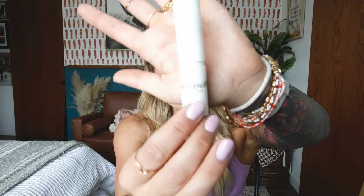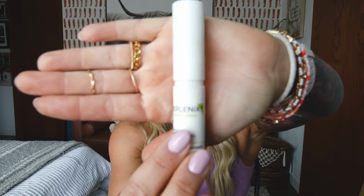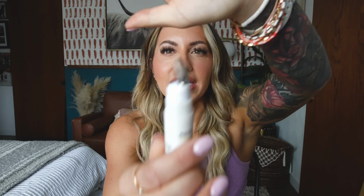So let's get on into the beauty category. I did buy a lot of beauty stuff over the last couple of months. I go through these phases with beauty stuff. Sometimes I'm really into it and I buy a ton of makeup and skincare and all this stuff, and then other times I just forget about it and I never wear makeup for weeks at a time. I don't know. First up, we have this tinted brightening eye cream from the brand Replenix, and it has one